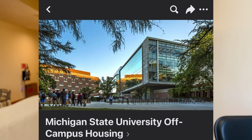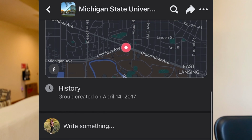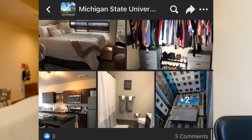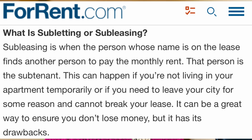Some might be private groups, some might be public groups, but you can join those groups to figure out what listings or apartments are available at those institutions. Sometimes private landlords may post, or students may want to sublease their apartment. That means maybe they signed a lease for a year and they are going for internships, traveling abroad, or maybe something just happened and they choose not to live there anymore, and they just want to sublease the